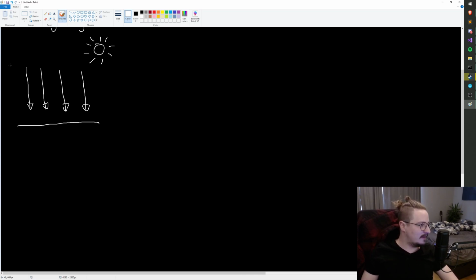And when we talk about diffuse lighting, we're wondering, okay, if we think about some area, so let's say this area here, of light rays or photons, how many of those are hitting the surface versus missing the surface? So if the surface is completely perpendicular to the light source, then we will say 100% is hitting the surface. But if the surface is slanted like this, like so, and we still have the light rays coming in like this,